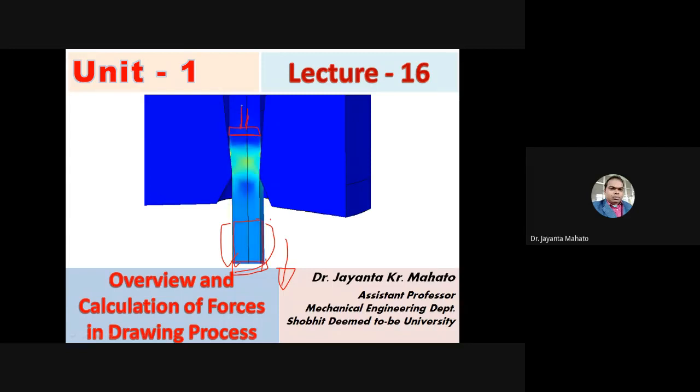In the extrusion process, we are applying the force to the ram, and due to this applied force or pressure, this billet material will be extruded from this die cavity. But here we are pulling this material out from the die cavity. So the extrusion process is just push in, and the drawing process is pull out. Understand? This is just pulling out of the material from the die cavity.